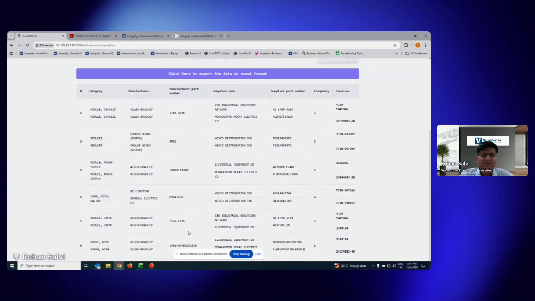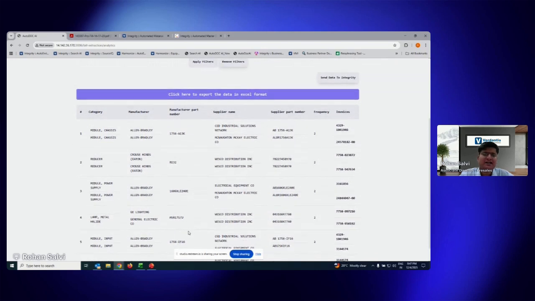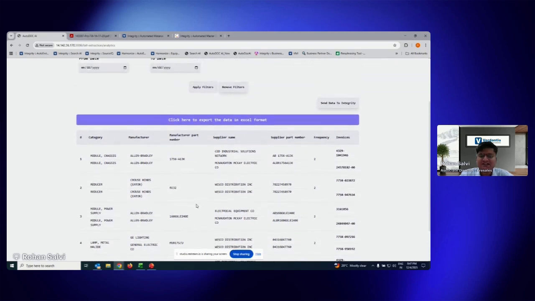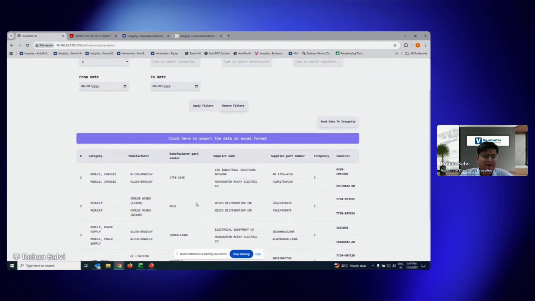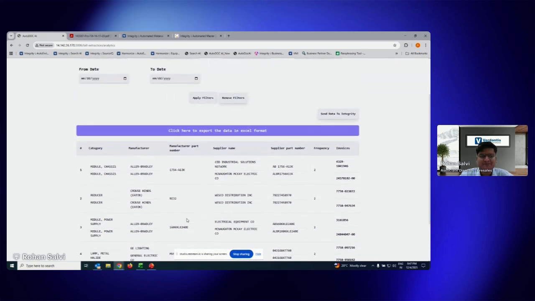And now let's say I have a use case where I would like to see all the invoices that are being processed over the span of the last 1 year or 2 years, and then analyze it to identify which are the parts that I have frequently purchased. Now I can see these parts have been frequently purchased. It has been purchased at least twice over here. But then how do I ensure that when I send it to the governance platform, I don't introduce duplicates?